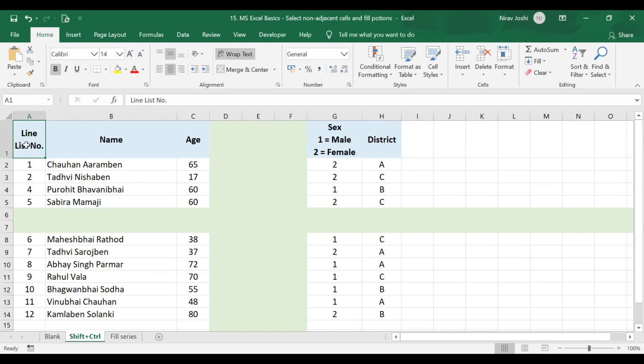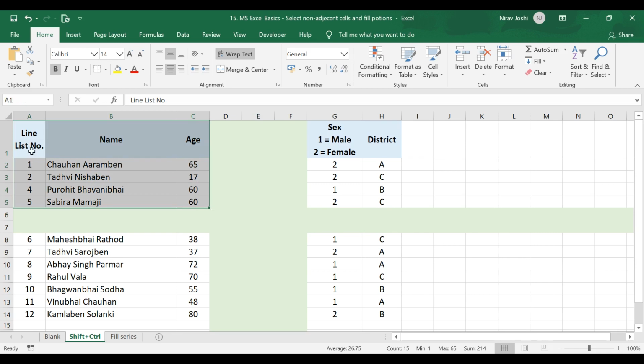Hello friends. In this video of Microsoft Excel Basics, we are going to discuss how to select different cells which may be adjacent or non-adjacent, as well as the ranges which can also be non-adjacent. We can simply do adjacent cell selection by mouse, like pressing the left button of the mouse and moving the mouse as we like over whatever area we want to select.